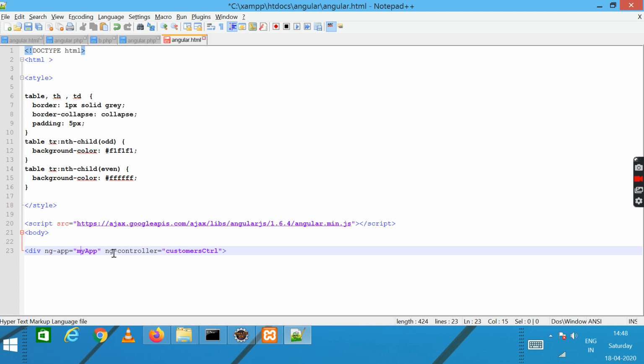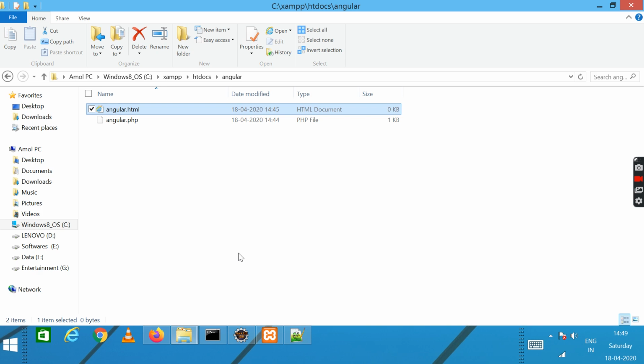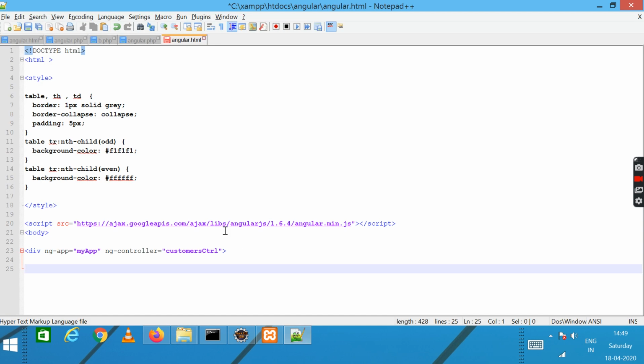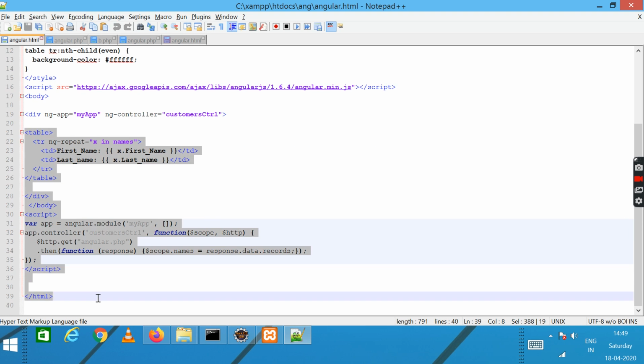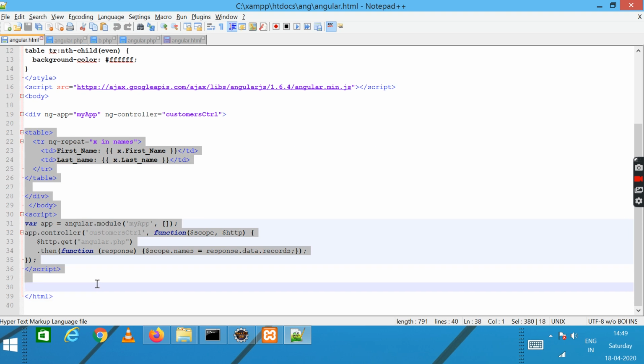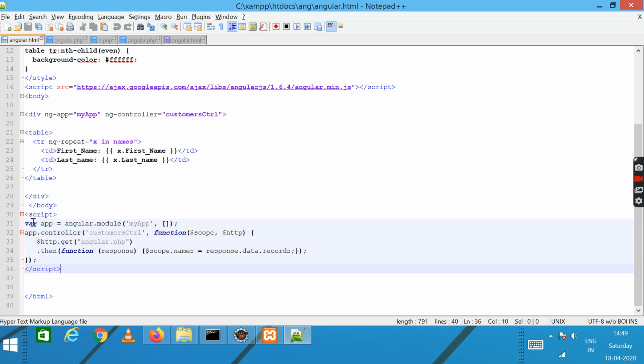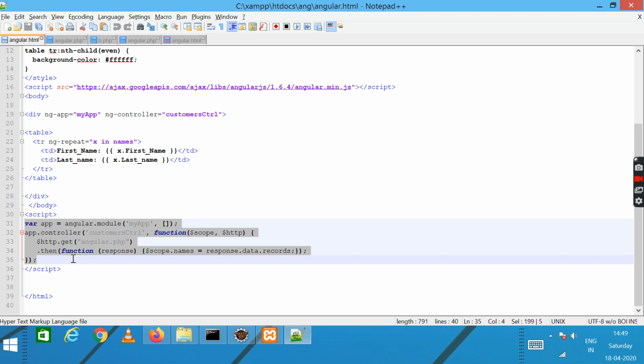So we are using these basic directives, and these directives are used in AngularJS to define the AngularJS application. So next I'll be writing code for module to create.